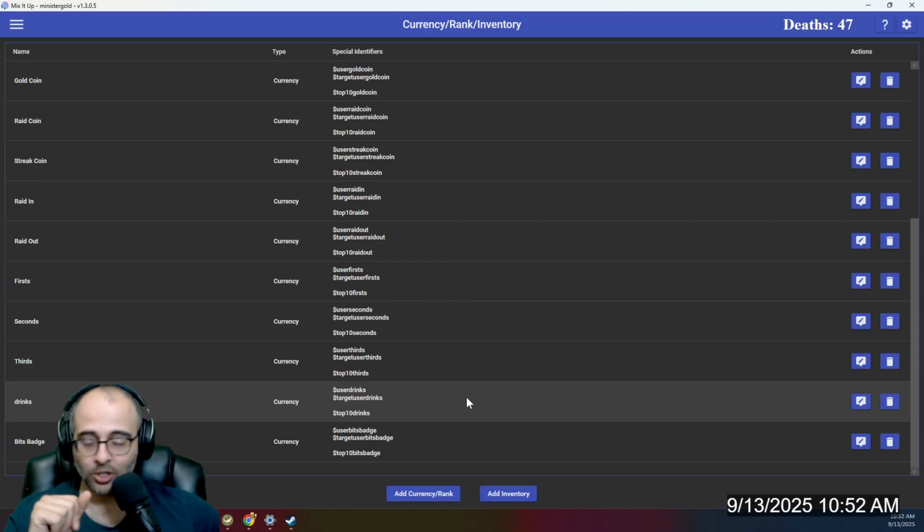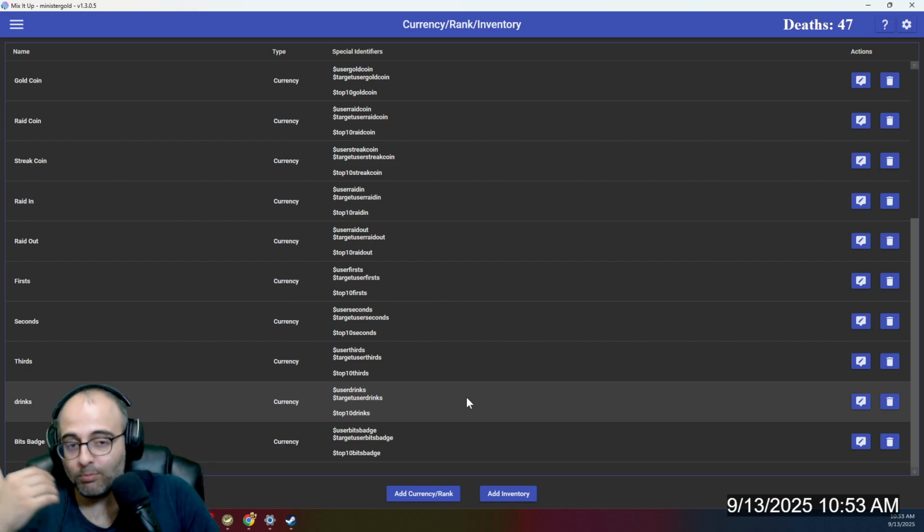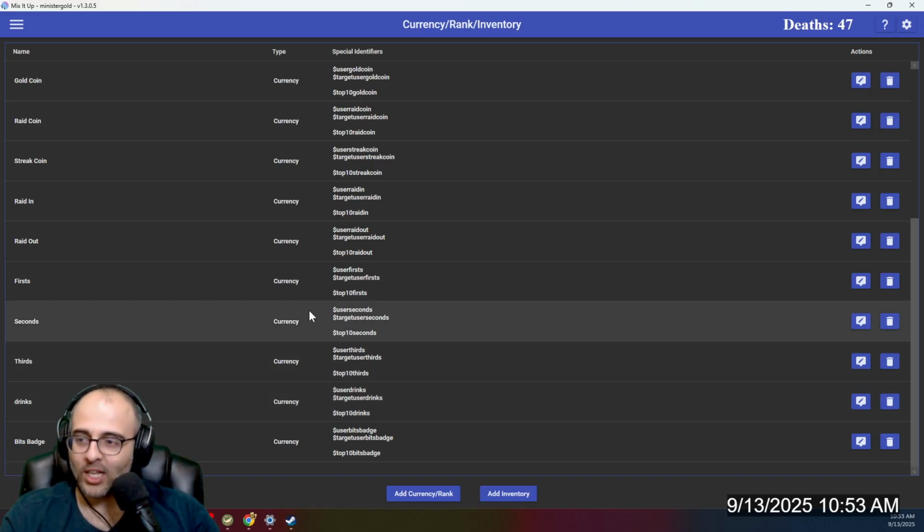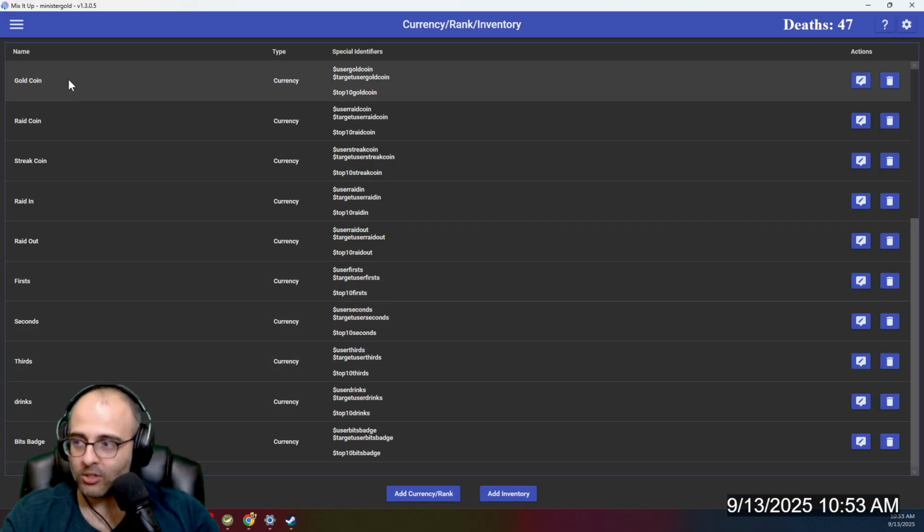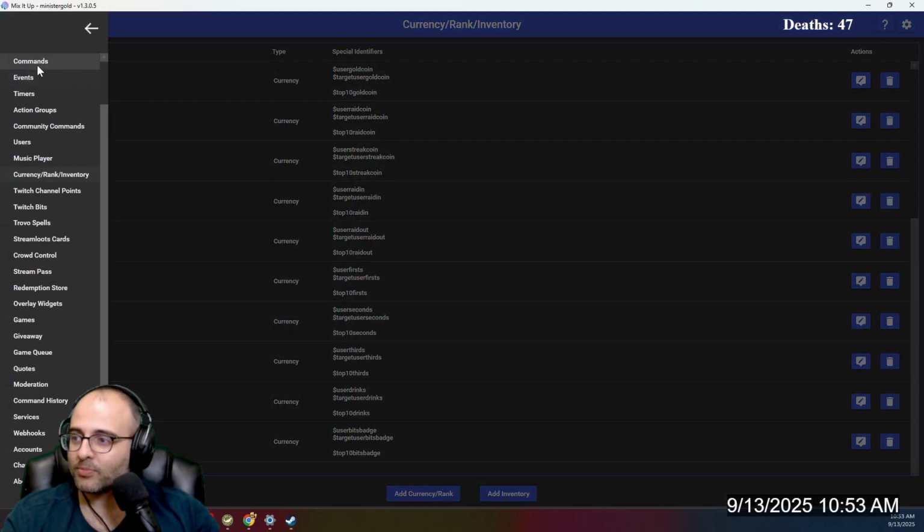Now, the reason why we're doing this is because if we don't do this, then when a user gets more bits, it'll still trigger the alerts for previous badges they've already gotten. And so this is to prevent alerts that have played for previous badges from playing again. I'll show you exactly what I mean if we go to the command. So go to the menu in the top left, go to commands,